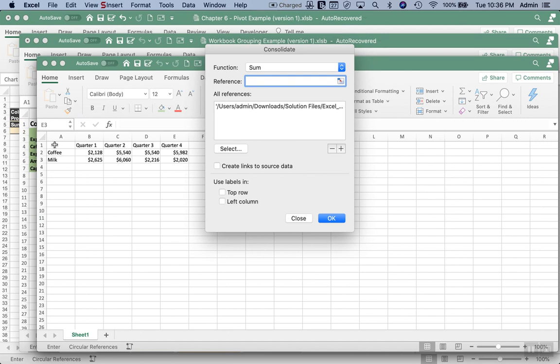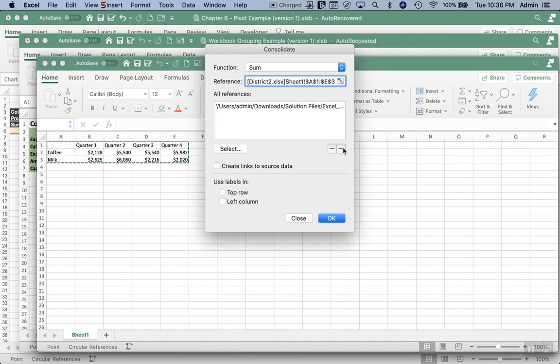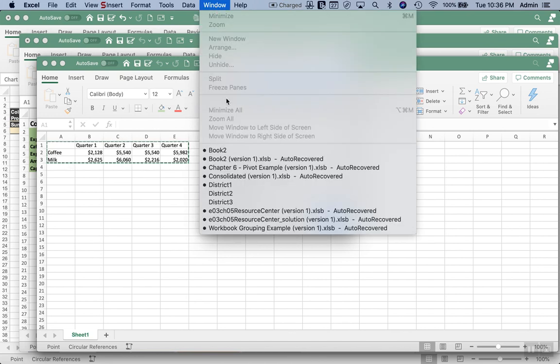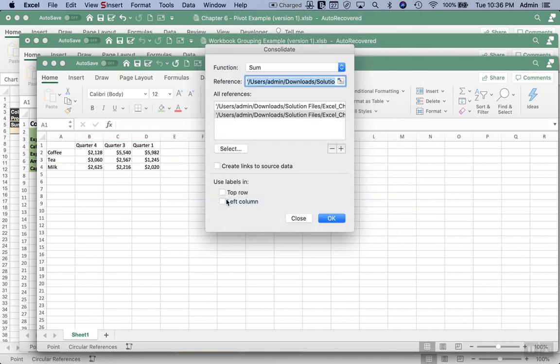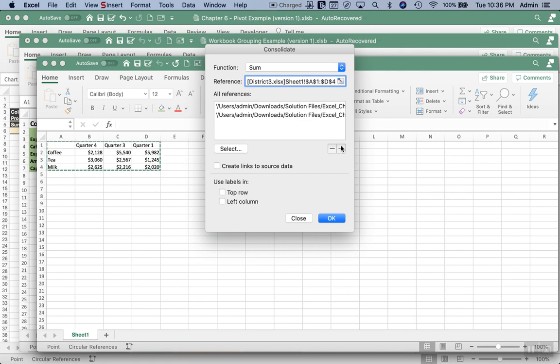All right, and I will take... no, not quite. That's better. I do a plus on that. Well, now I have data for 2 worksheets. And I'm going to pull the third one, which is District 3. Same kind of deal. All right. A plus. And then what I'm going to want to do is I'll do a link to the